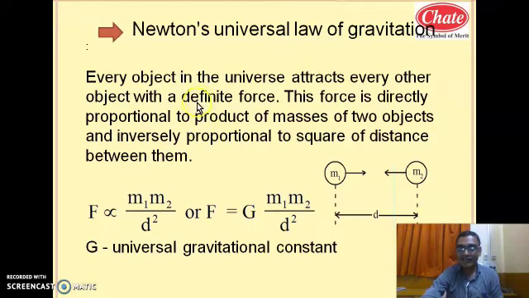It is mathematically, symbolically, simply written like this. This gravitational force is directly proportional to m1 m2 by d square. So the same is written in words. m1 is the mass of the first object, m2 is the mass of the second object. According to Newton's universal law of gravitation, these two masses attract each other. It means m2 attracts m1 and m1 attracts m2, which are separated by a distance d.